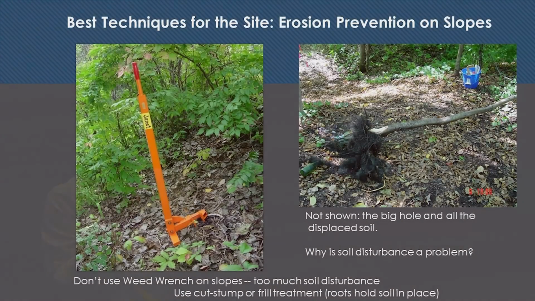And then you've got big holes all over the place, and if it's on a slope, you have a rainstorm and you're washing the soil down the hill. So especially if you're on a slope, you want the roots to be holding the soil in place. So if you're cutting and you're daubing around a 1-inch stump with just this minuscule amount of herbicide that's going in there, which decomposes really fast, doesn't go anywhere in the soil, biodegrades fast, and you've got all those roots still holding the soil in place.